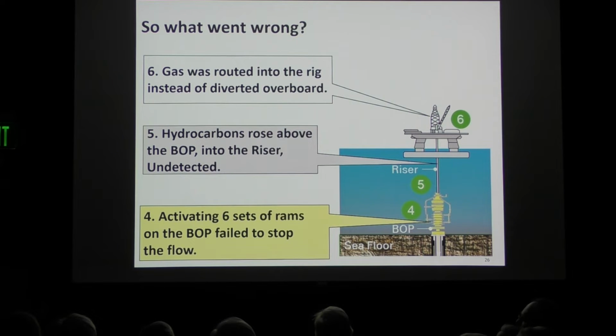The fourth thing that went wrong, now we're looking at the BOP system here on the seabed, was that this BOP was a series of six rams. Six because there actually were three functions, but with redundancy. Four of the rams, so two of the sets of rams, were designed to seal around the drill pipe. Remember, the flow is down the drill pipe and up the annulus. So they were designed to seal around the drill pipe so that any flow coming up from the annulus was shut off. Remember that flow diagram? They're doing this so that now they can pressure down on the mud, but no mud should be coming up around the outside. Well, that didn't work because